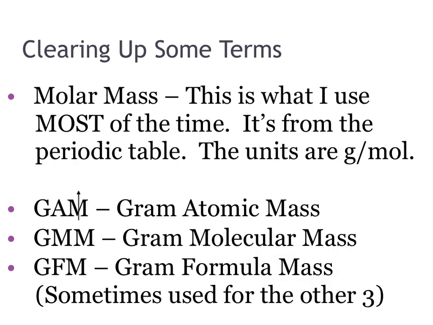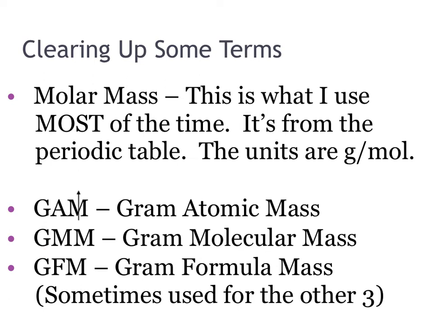So just clearing up some terms, whether you're Googling information or reading about it in other textbooks, for the most part, I use the term molar mass, okay? Molar mass is what we get from the periodic table, just like we did on the previous slide. The units are grams per mole, right? The molar mass. Other units that you might see would be GAM, which stands for gram atomic mass, GMM, grams